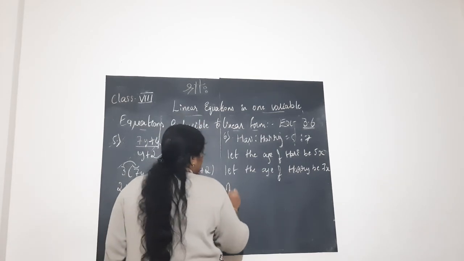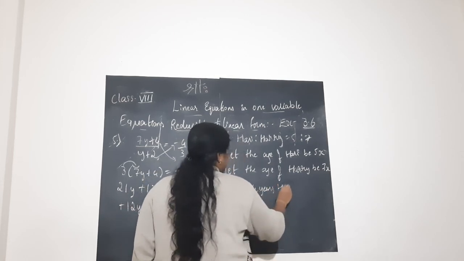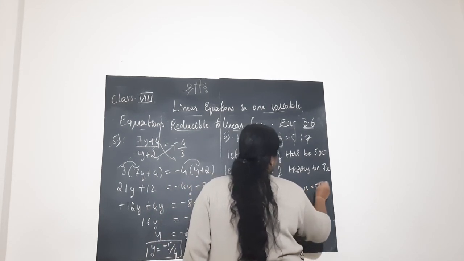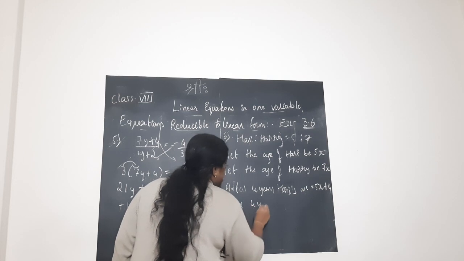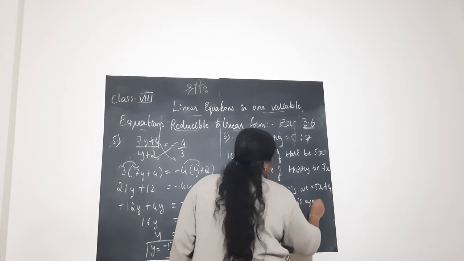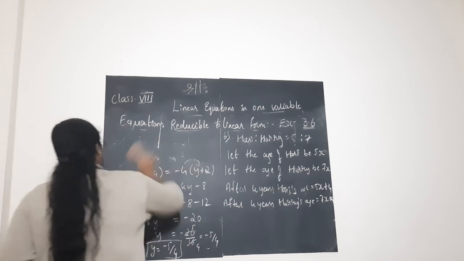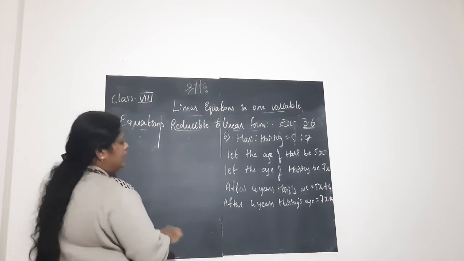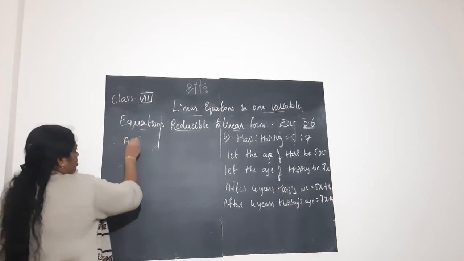So after 4 years Hari's age is 5x plus 4. Similarly, after 4 years, Harry's age will be 7x plus 4. Hope you understood why we did 5x plus 4 and 7x plus 4. So they are telling after 4 years the ratio of their ages will be 3:4. So according to question,